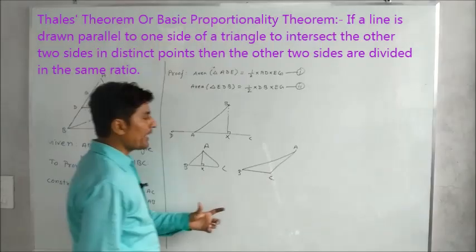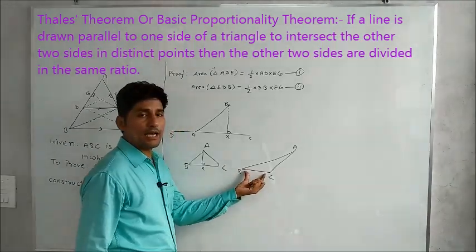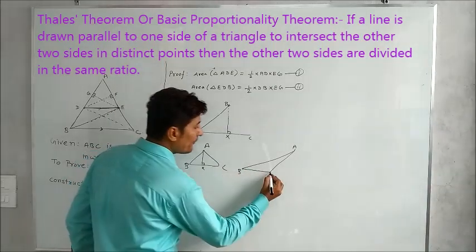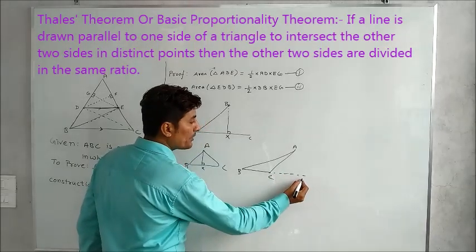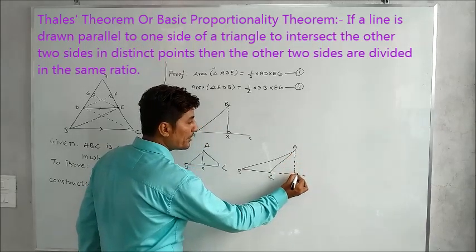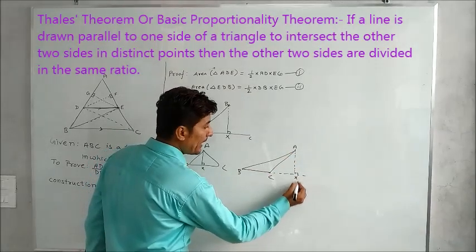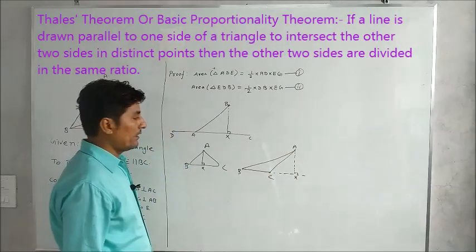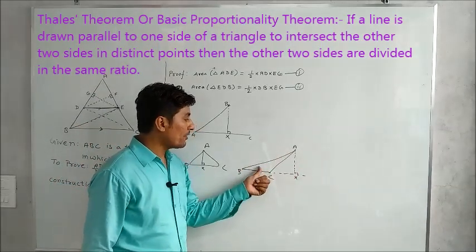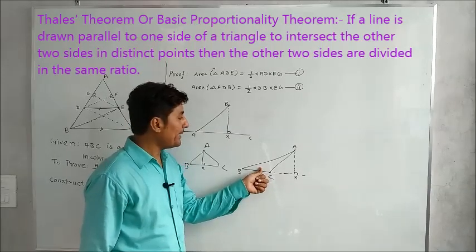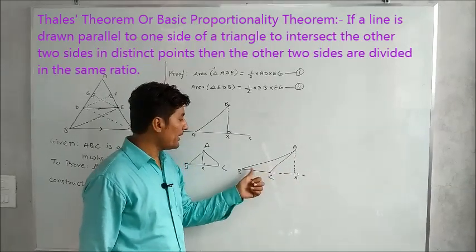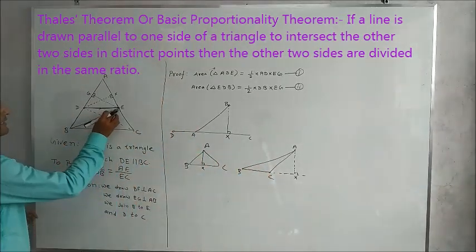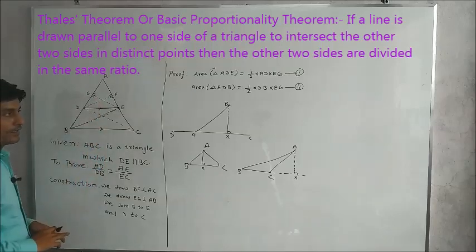But suppose we are having this type of triangle ABC. In this triangle, if I have taken base BC, then what is the perpendicular height? For that we have to extend the base, and on this base we have to draw the perpendicular from the vertex A. If that point is X, then AX is the height for this triangle. AB or AC cannot be the height of this triangle ABC. AX is the perpendicular height on base BC. Similarly, here also EG is the height for this triangle.